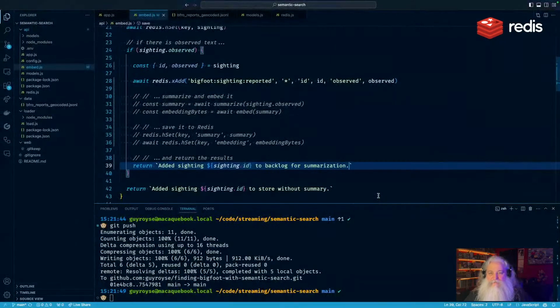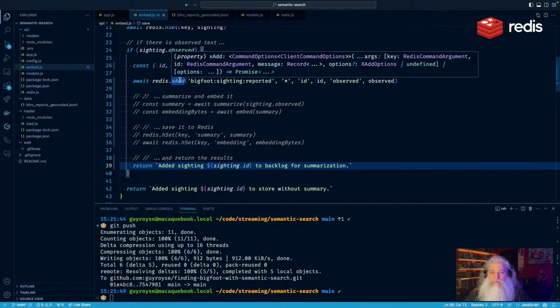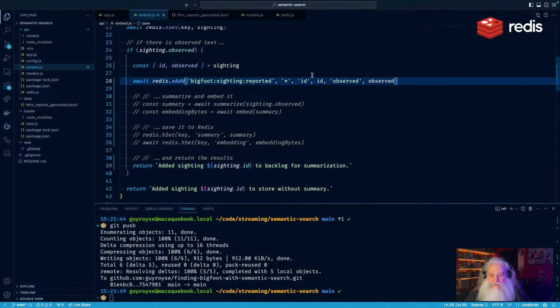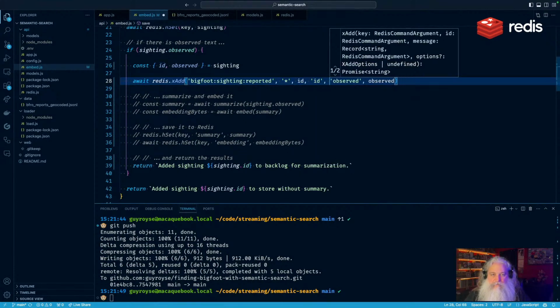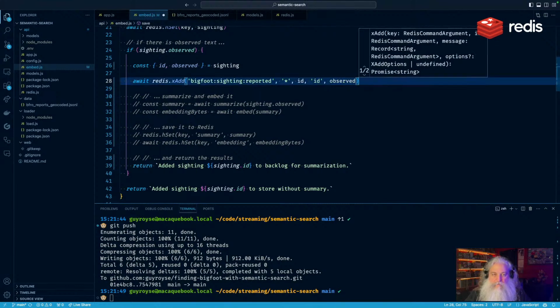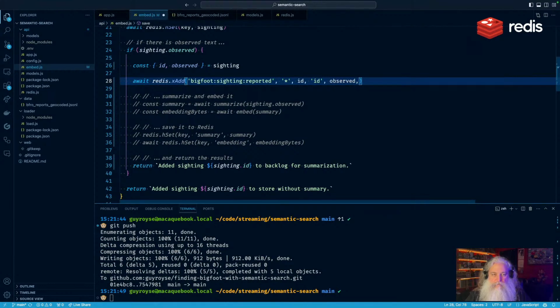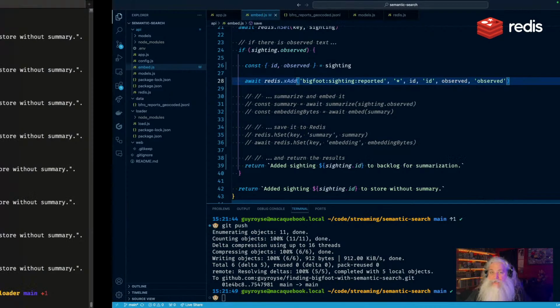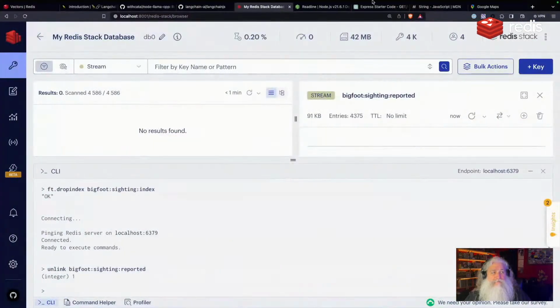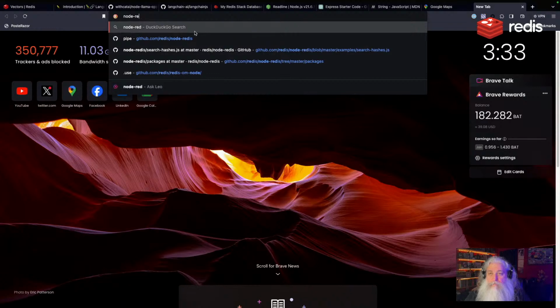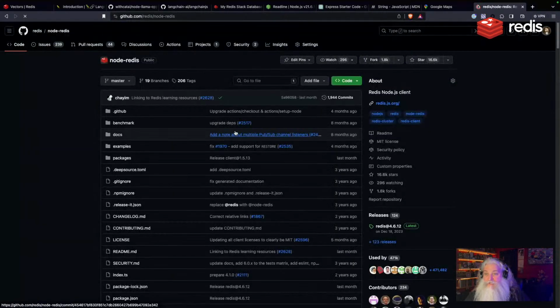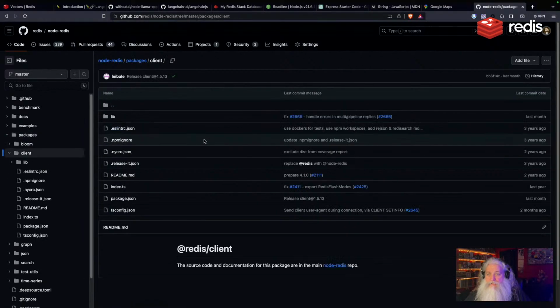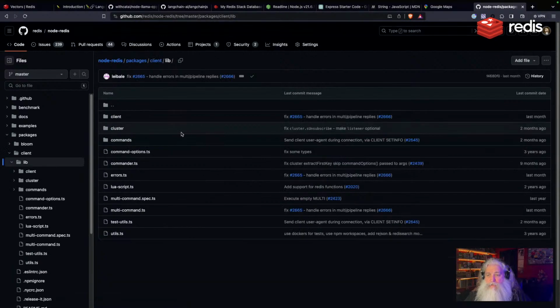Okay. And then XADD takes, I think it's actually this. But I'm not positive. And so I am going to find out to be sure. I'm going to go out to node Redis, and I'm just going to go look and see what it does. We got some examples, but I would rather just go look at the tests. So we got packages, client, lib, and then we've got